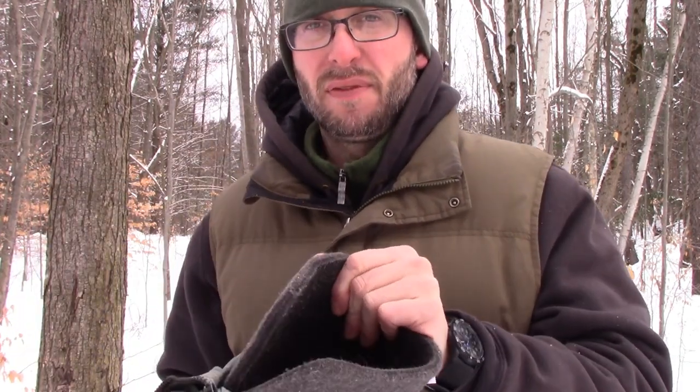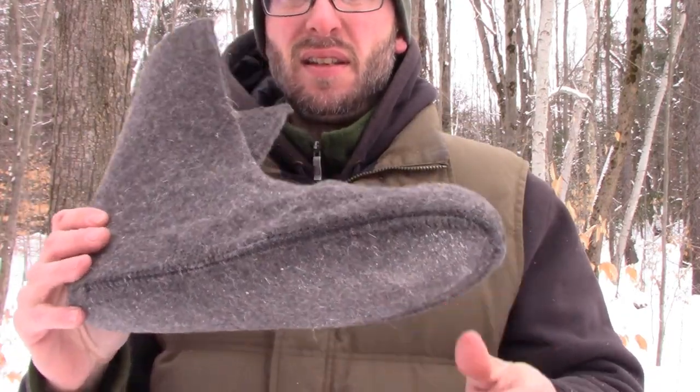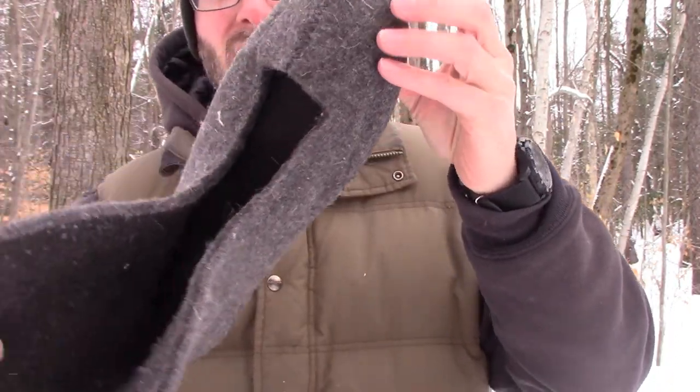So here's another modification. If you're having trouble with these things being too tight and not having enough room for your sock system, like you're getting too much compression on top of your foot, I've got a liner that I modified to buy you a little extra space. This here is a Steiger liner that I modified. If you guys can see how I cut this thing